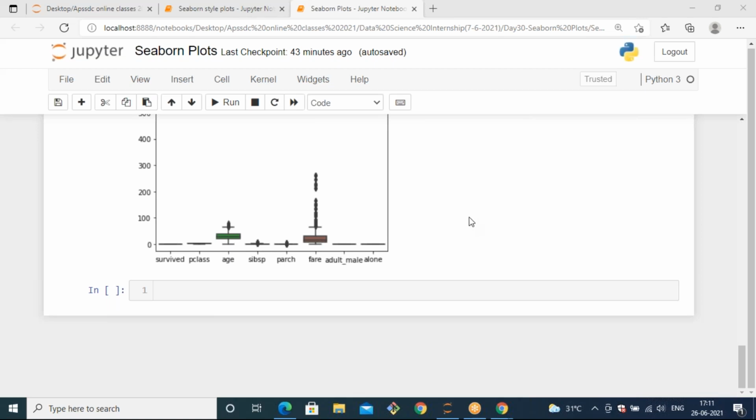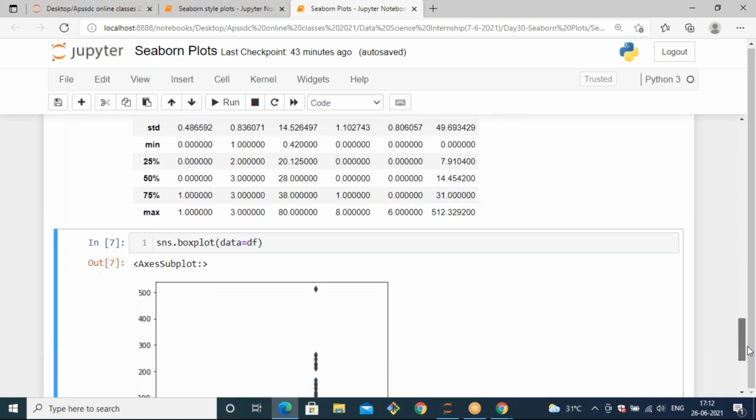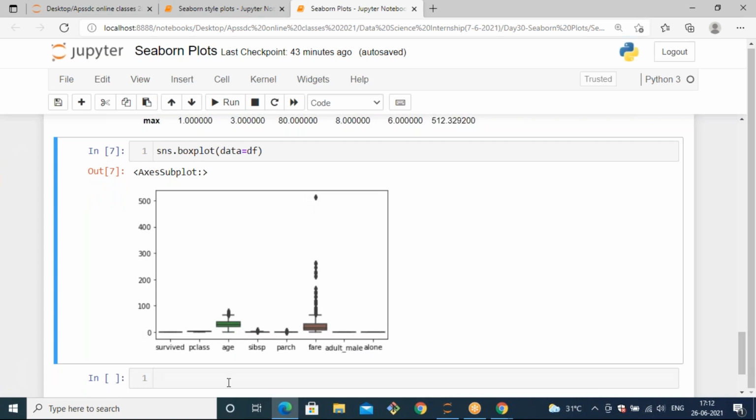We are not telling it which are our input features and which is our target feature, but based on the inbuilt coding, it will generate like that. After that, if you want to specify your own input features and target, you can specify them. But initially, I'm just telling you that you can plot a box plot for the entire data set. When you display a box plot for the entire data set, it takes only integer type and Boolean type data. You can see that in the y range we didn't specify anything, so on the x axis it takes integer and Boolean columns, and we are not specifying any y axis.